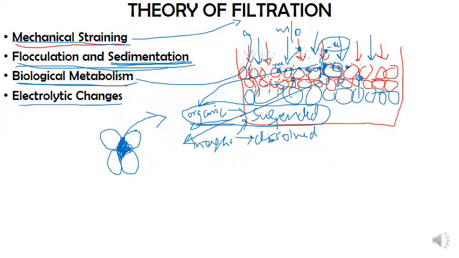So these negative and positive charges get neutralized. In turn, the sand particle will absorb the suspended particles which pass through. Now after a particular period of time, when the charge on the top layer of the sand is neutralized, at that point usually 1.5 to 3 centimeters of this sand will be scraped off, and the beneath layer of sand will get exposed to the direct water. So this is how the theory of filtration works.